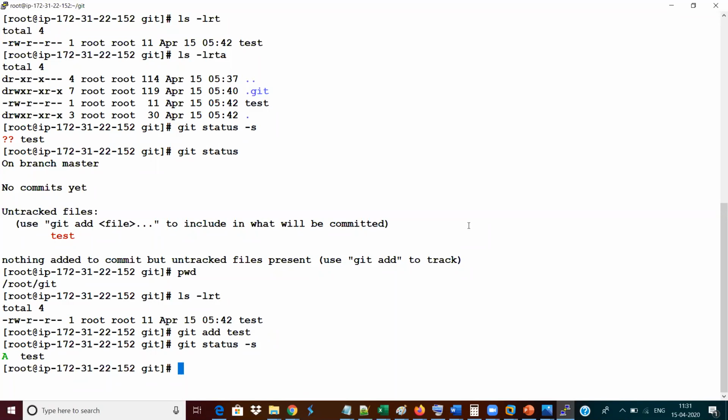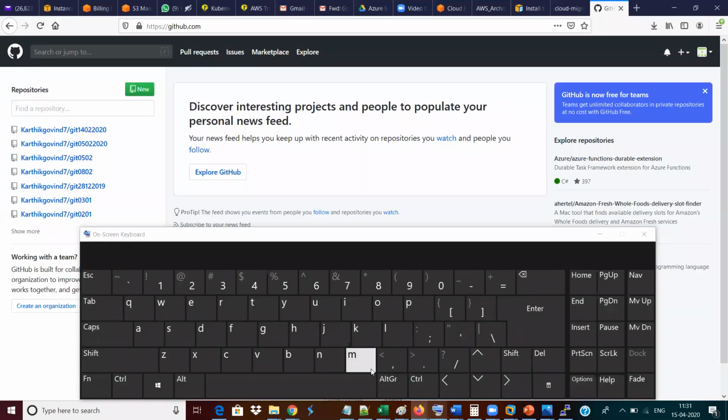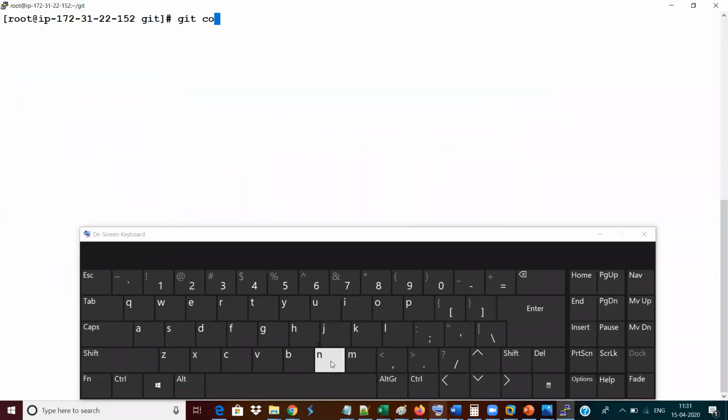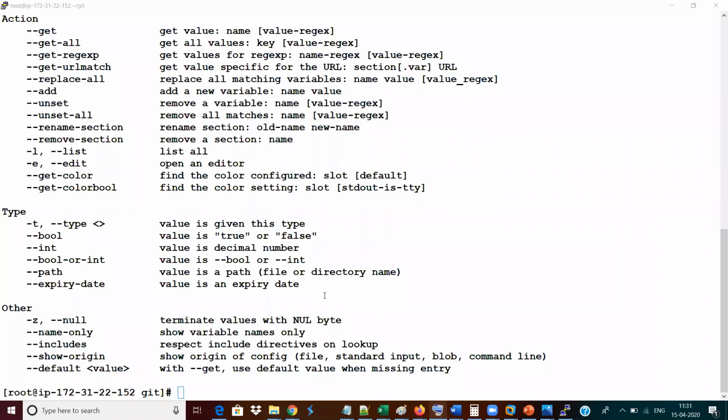But before proceeding with this commit, I need to tell you about one more command called git config. Let me clear the screen and give git config. Check out, guys, what it is going to give you. I made a spelling mistake.